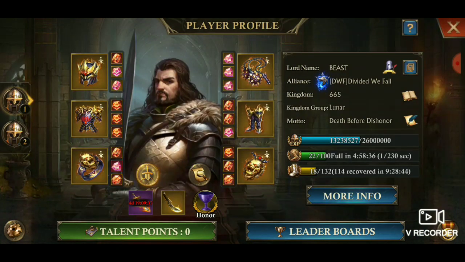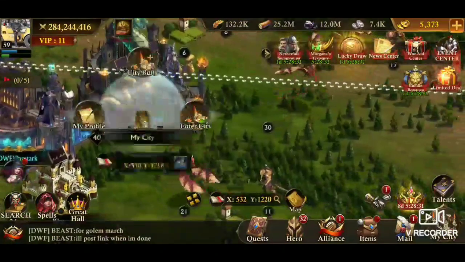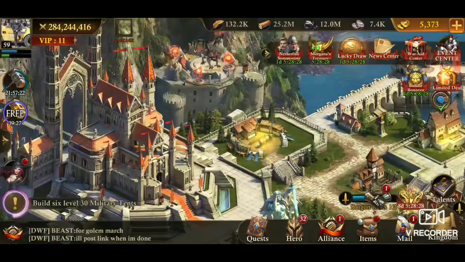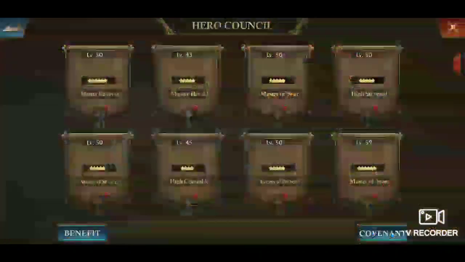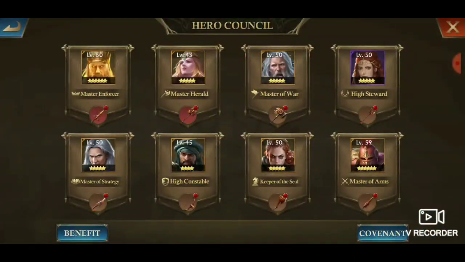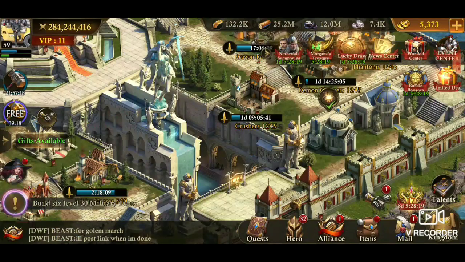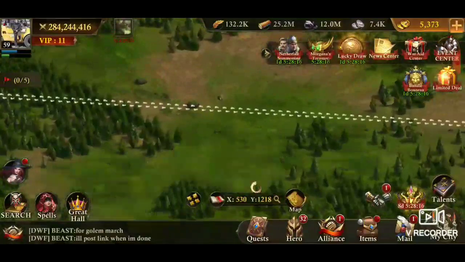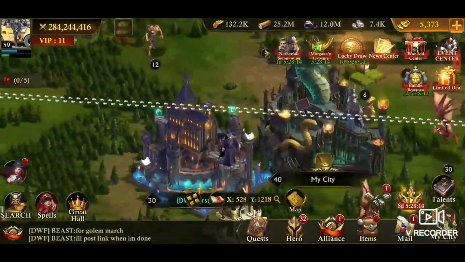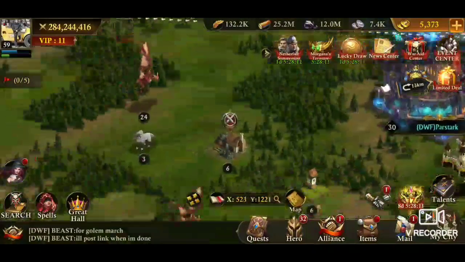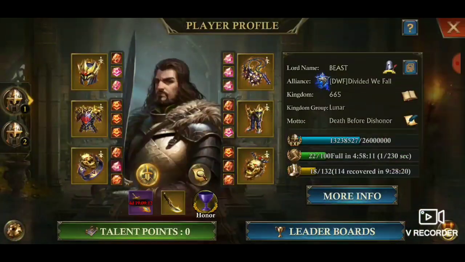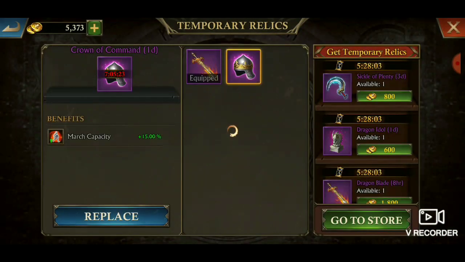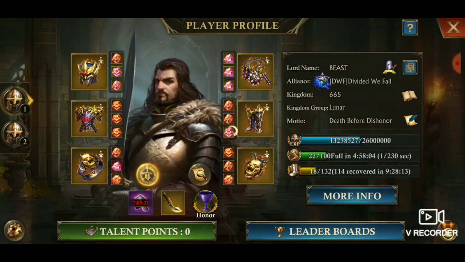Make sure you have your attack gear on. Make sure you have the correct heroes in your hero council. This is just all the steps I take to ensure that I am getting the most accurate stats that I can. And then what you want to do, once you know that you have a max boost with march size, so what I'll do is I will switch to Crown of Command. And then what I will do is I will set a rally